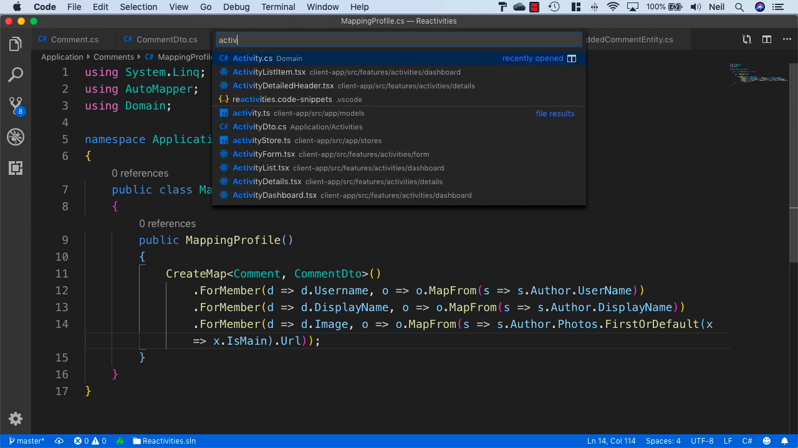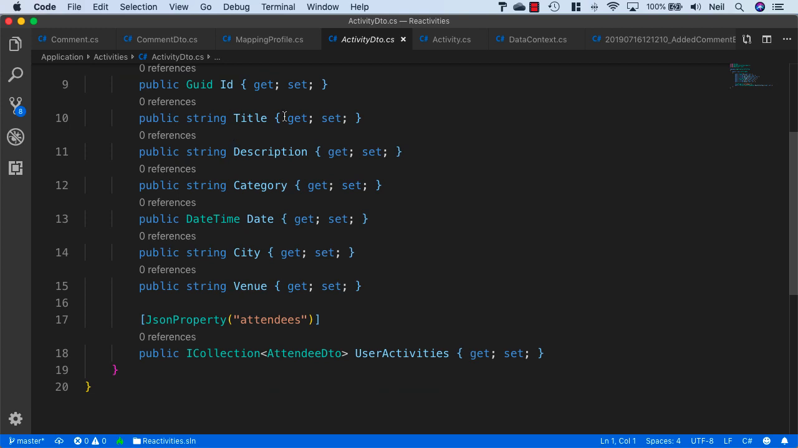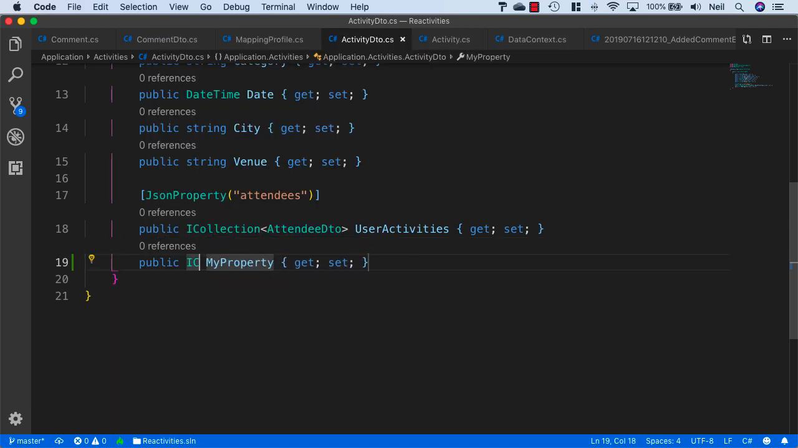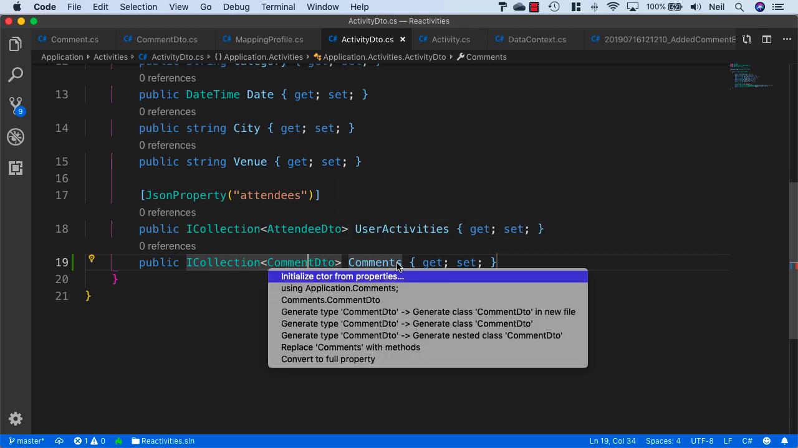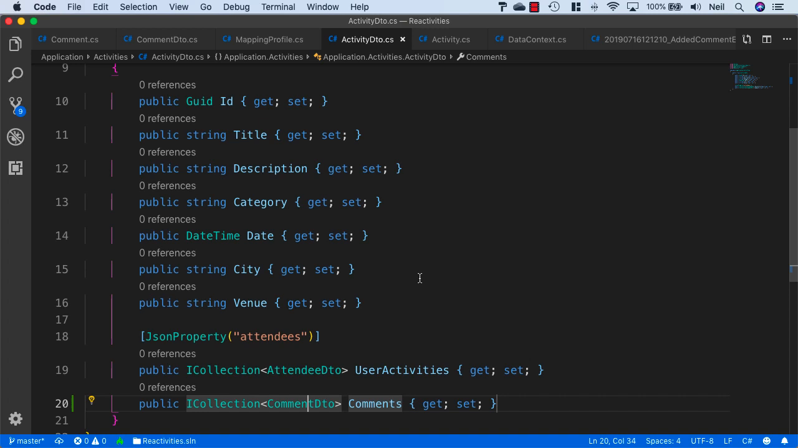So let's open up the activity DTO, and as well as all of the rest of this, we'll also send back our comments along with this. So we'll say prop iCollection, and we'll say comment DTO, and we'll call it comments, and we'll also need to bring in application.comments. So far very similar to what we've done before, and what we'll do next is equally similar because we'll